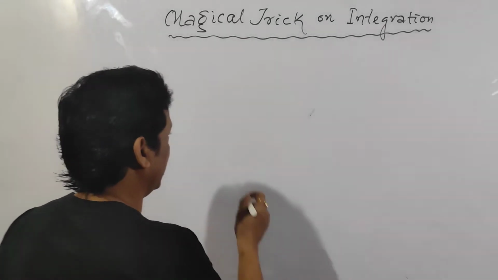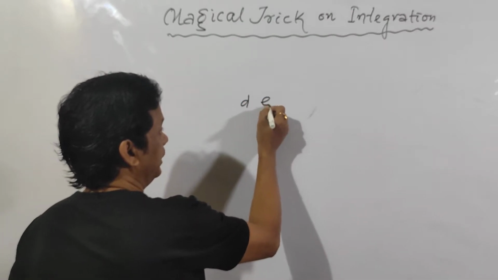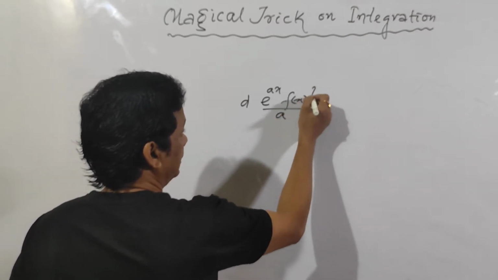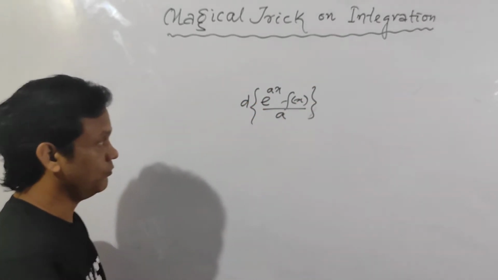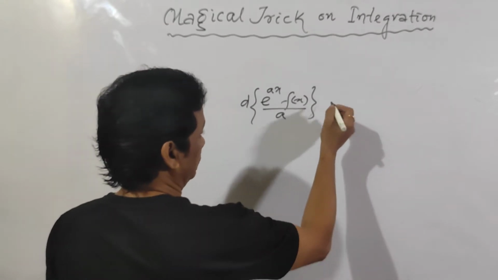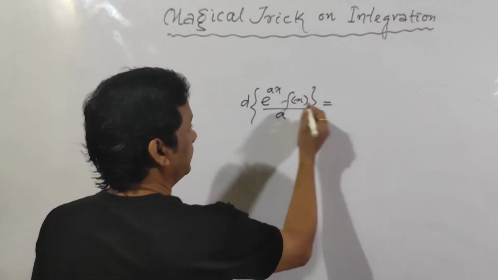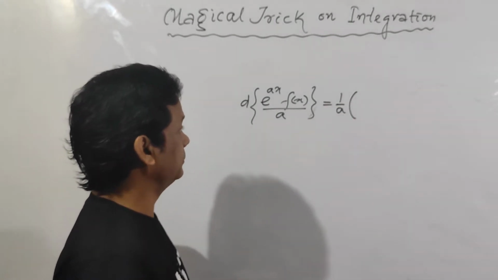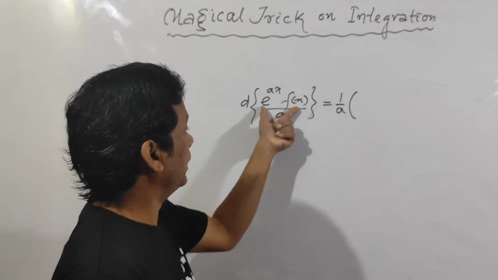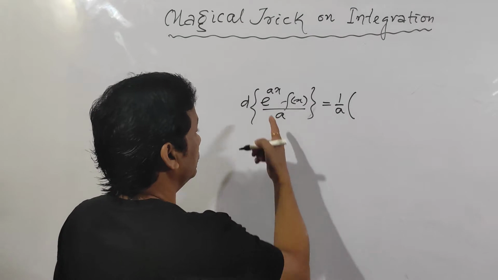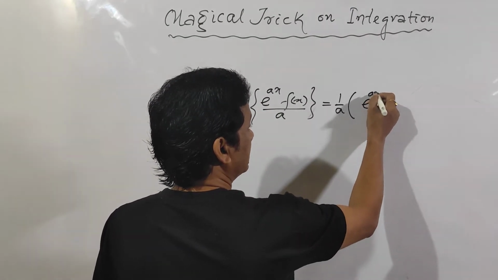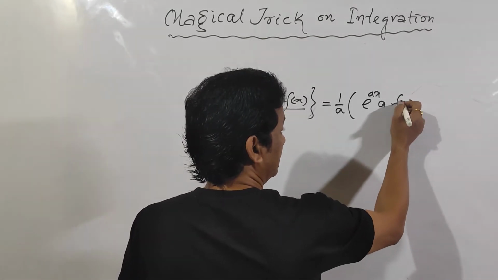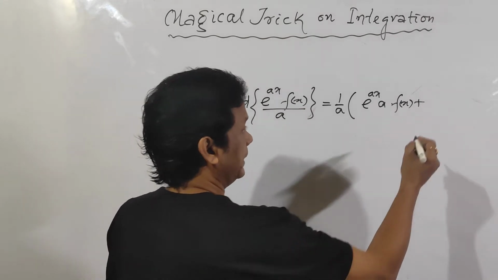And see here, can you tell me the derivative of e to the power ax into f of x whole divided by a? Let us find out the derivative of this one. So I am taking 1 by a outside here. Then apply the product rule. So derivative of e to the ax is e to the ax into a, and keep f of x as it is, plus